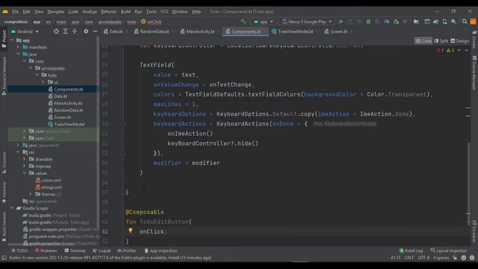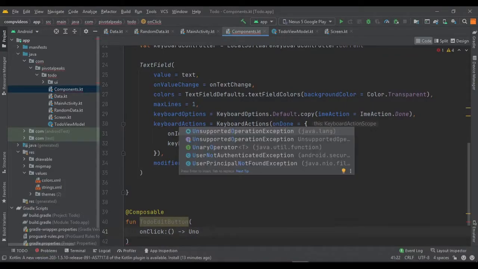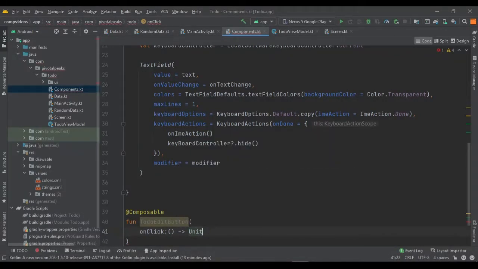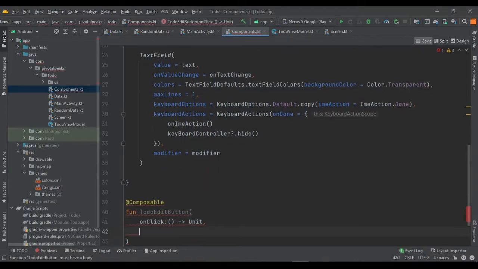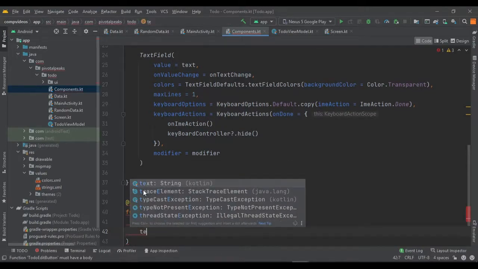For now we are just going to pass an empty function, we will define it later, of type unit, and we need some text for it.